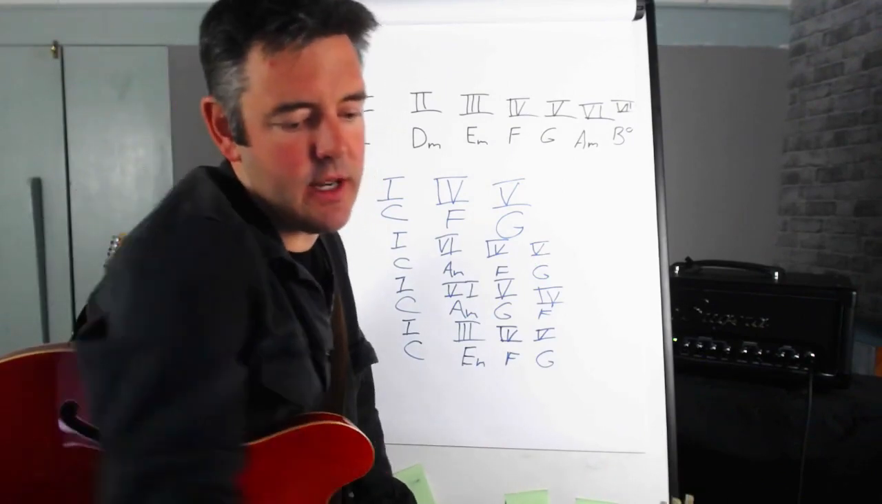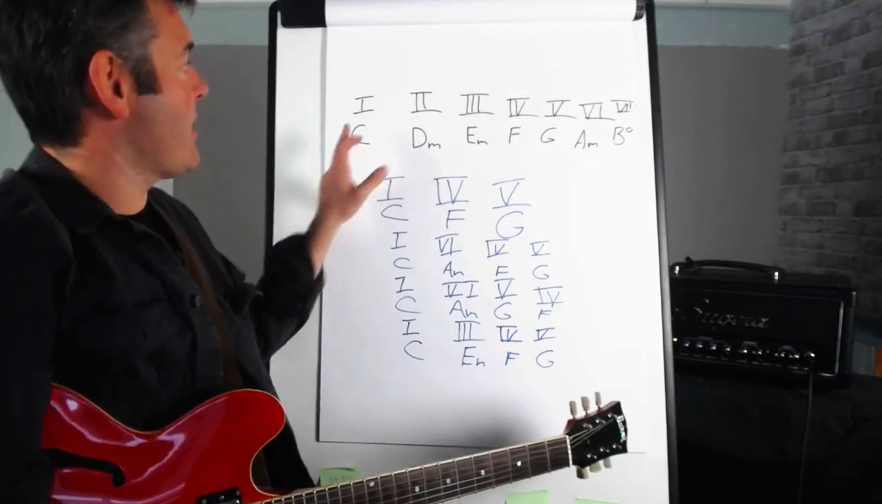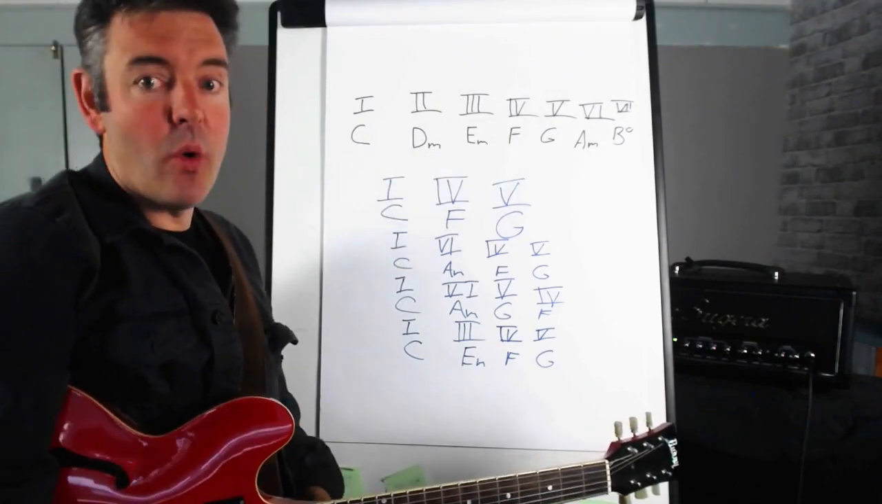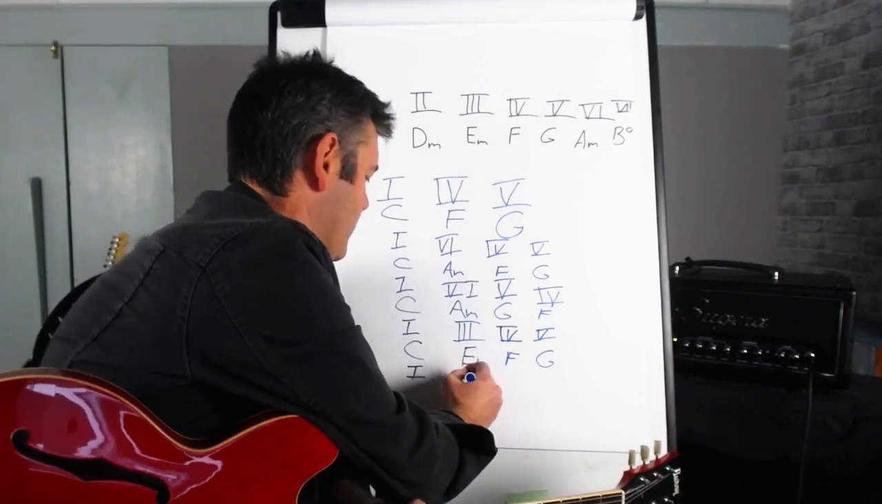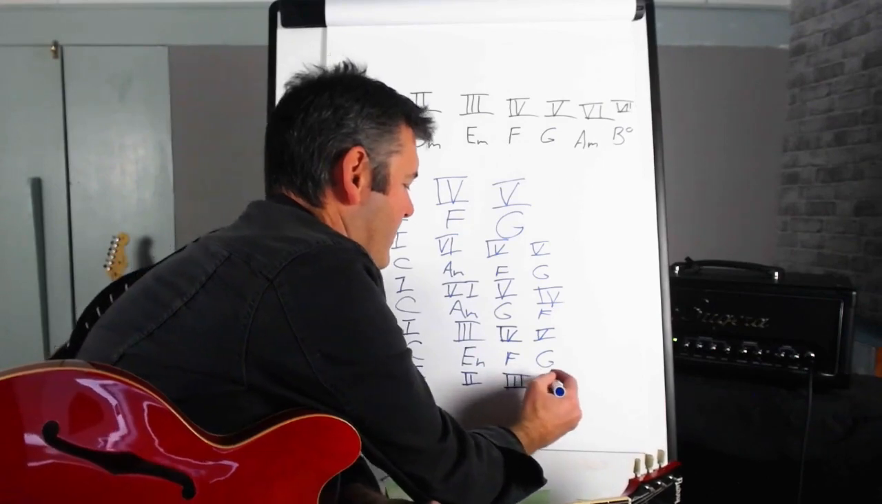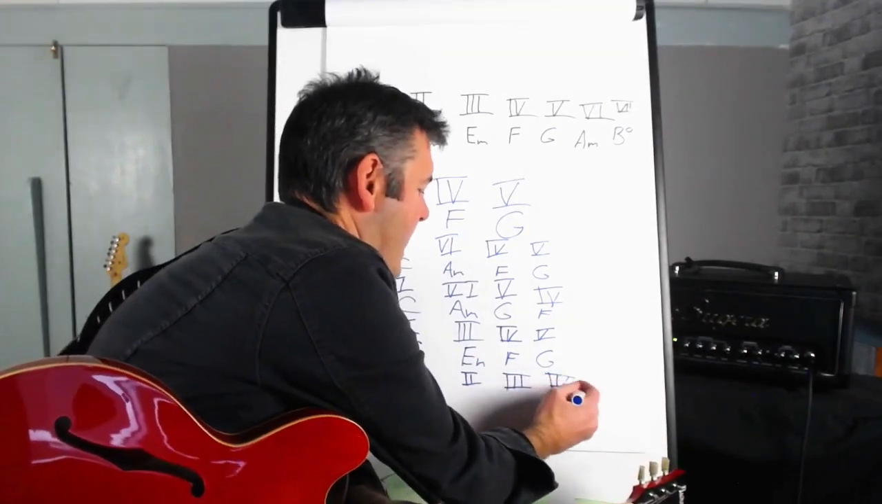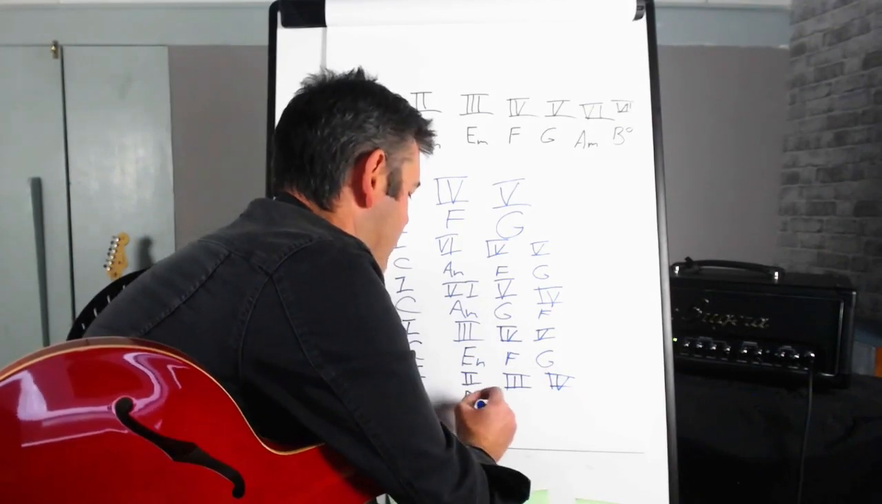Now let's look at our next common chord sequence, which is 1, 2, 3, 4. So simply going through the chords in order. So let's write that one out. We've got 1, 2, 3, 4, and running out of space here, that would be C, D minor,